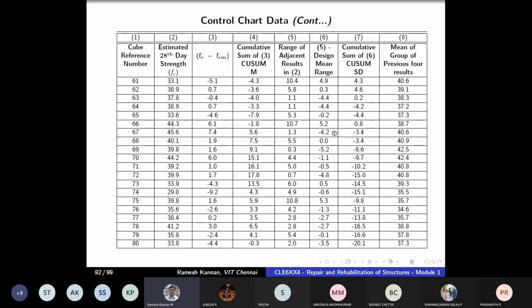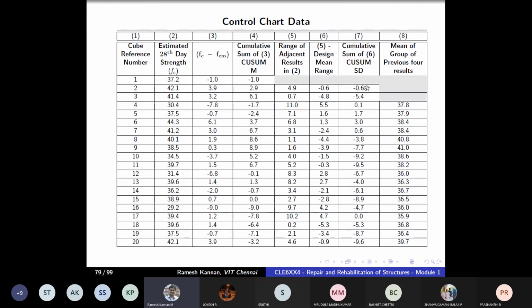It's for 100 values, and the cumulative sum of this. First value will be here, then this plus this will give us this, and this plus this will give us this, and goes on and on, right? So one of the disadvantages of tabular data is that it's very difficult to interpret. So not many people have the vision to look into how the deviations are, and what is the significance of these particular numbers.